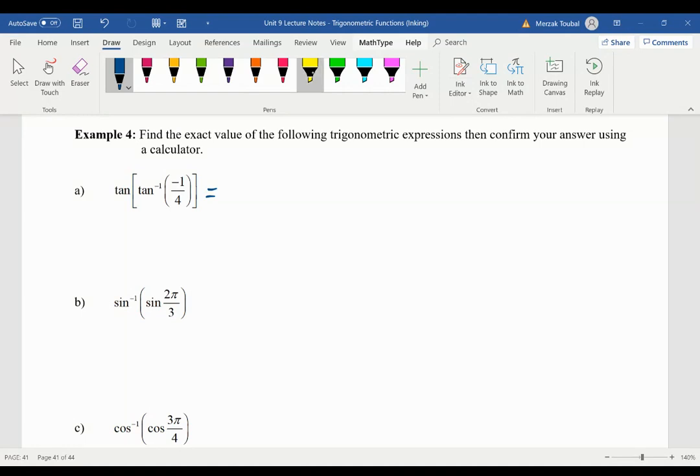So this is a composition of two functions. What are the two functions? Tangent inverse of negative 1 over 4, and the other one is tangent. So we're taking the tangent of tangent inverse of negative 1 over 4. So what is tangent inverse of negative 1 over 4? Well, we can do the work for it because negative 1 over 4 is not one of those special angles. So if I draw a triangle over here,